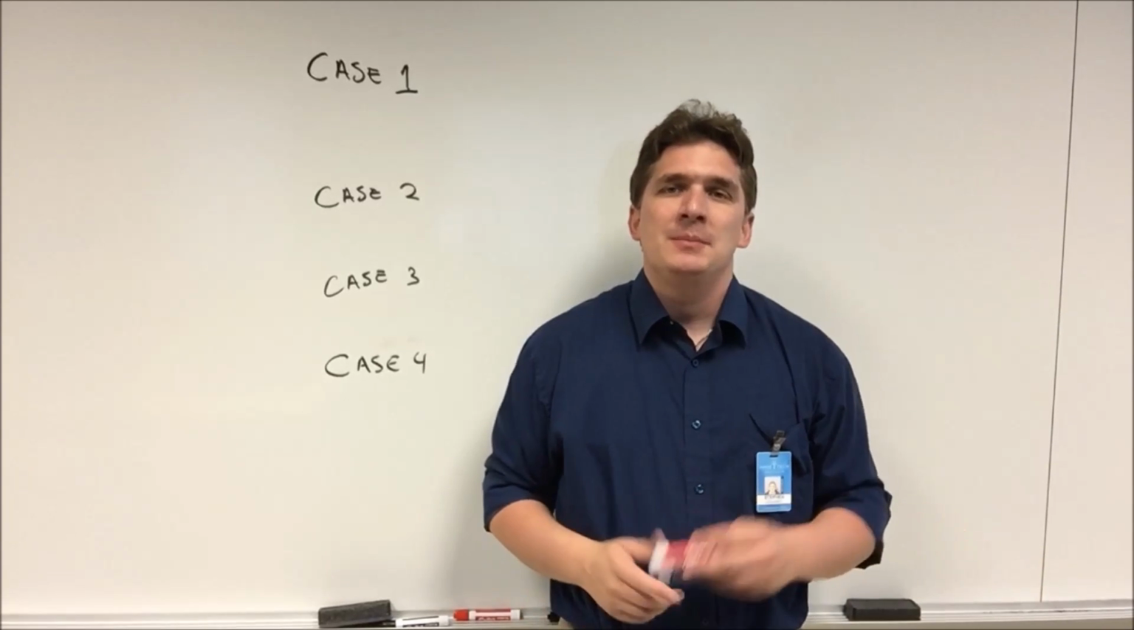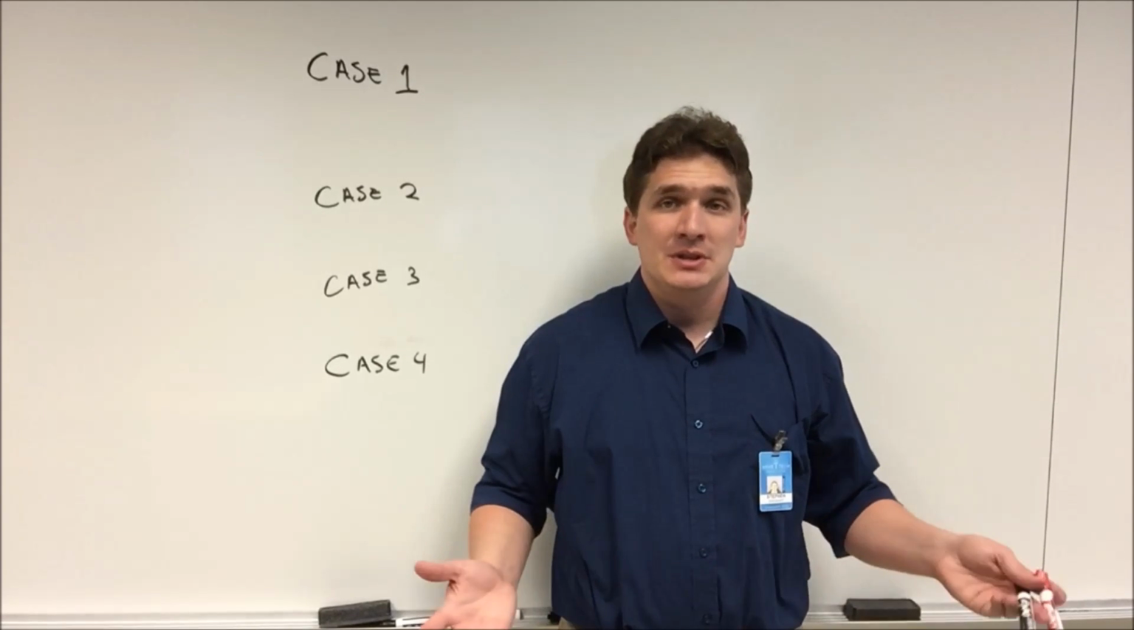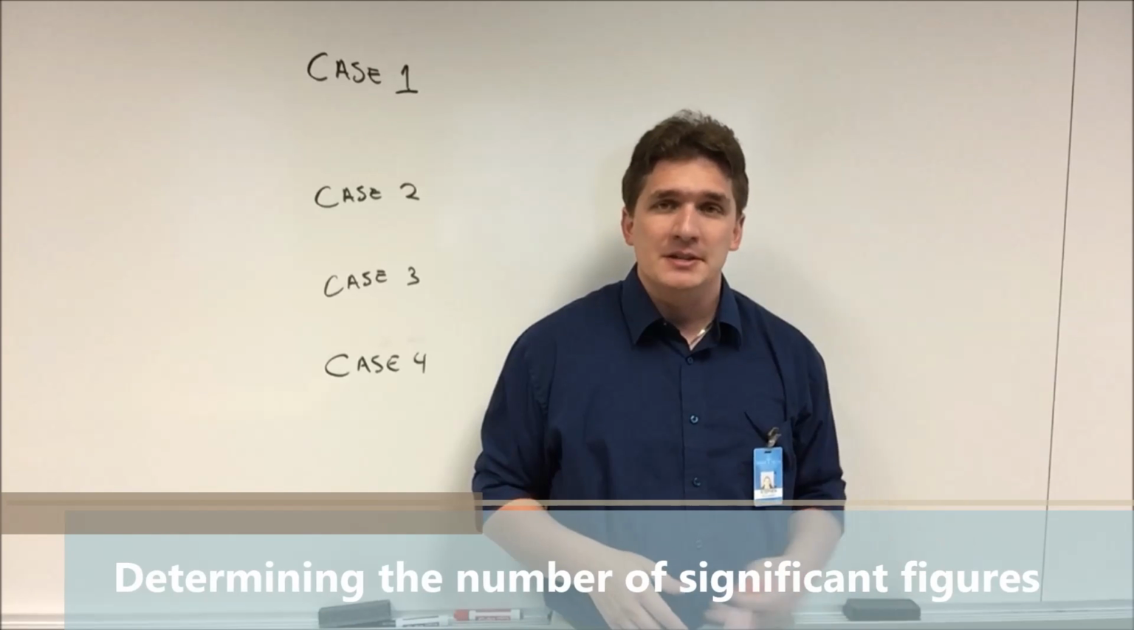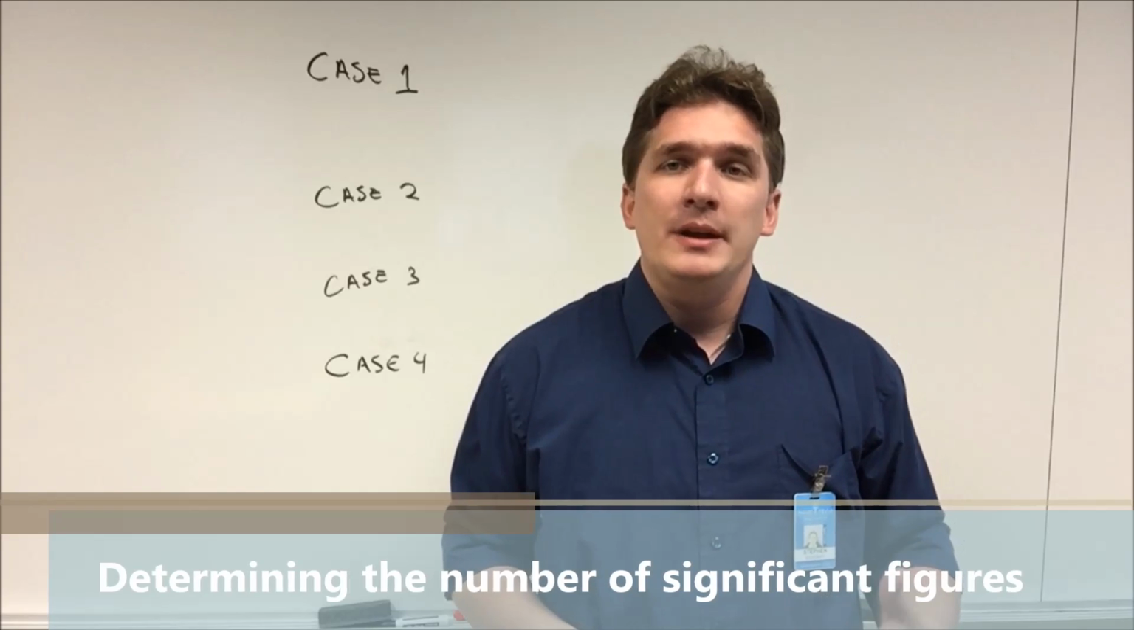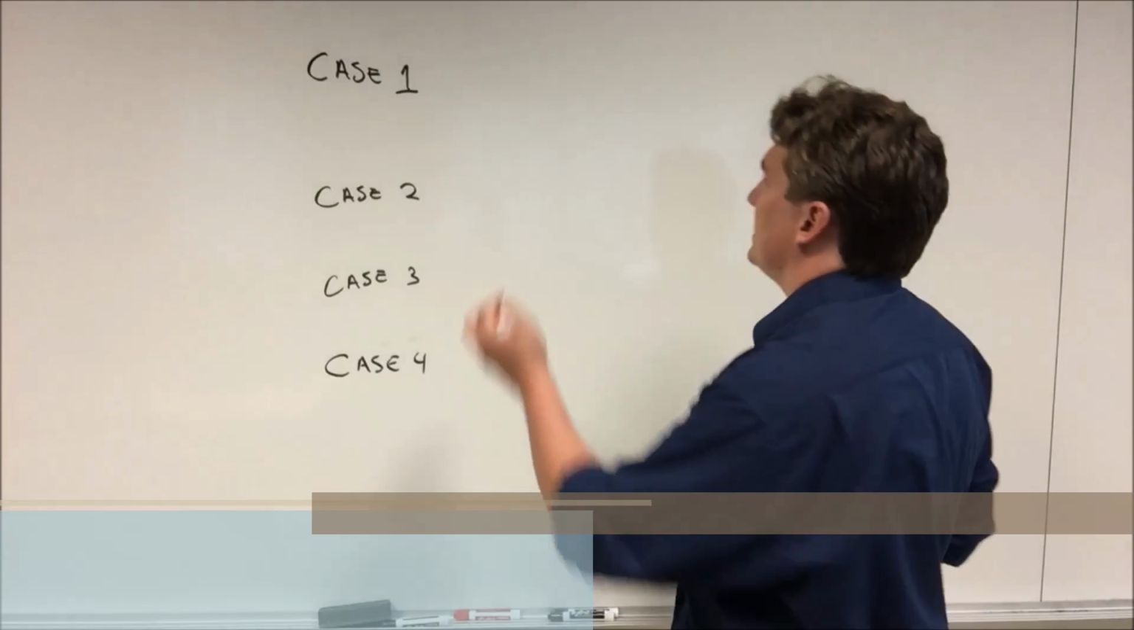So when we need to determine the number of significant figures in a number that we're seeing, there are actually 4 cases we can work with. Now the first case is one where the number is less than 0.1. So if we have a number like